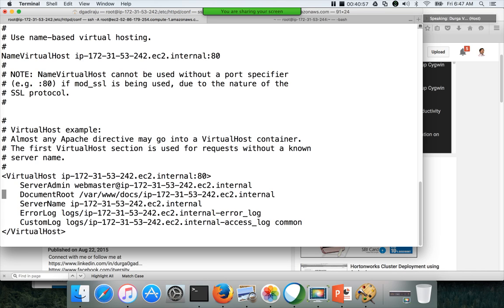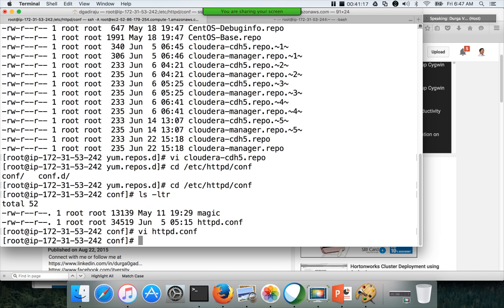So the most important parameter, almost every parameter is important, but for the current discussion, the most important parameter is document root in this HTTP configuration file. Okay, and here it says this is the location for the document root. Now I am coming out of it, and now I am again going to the